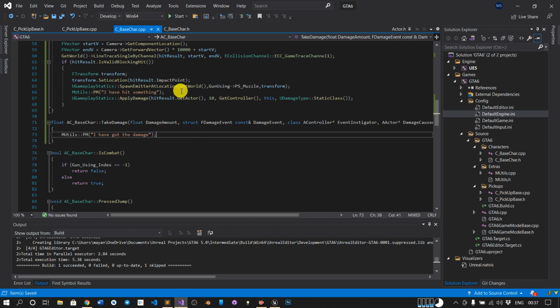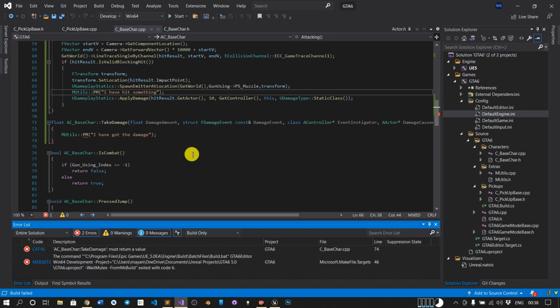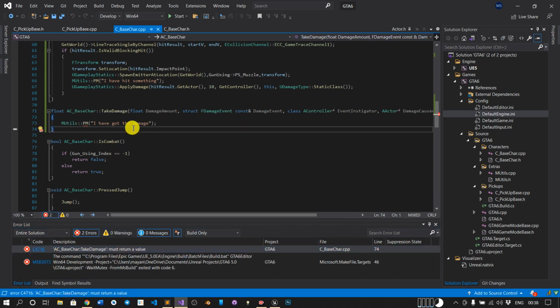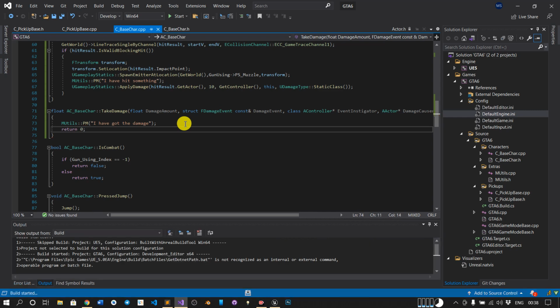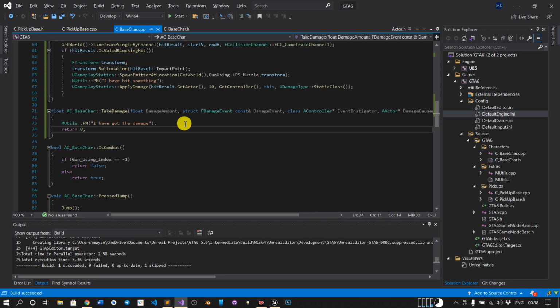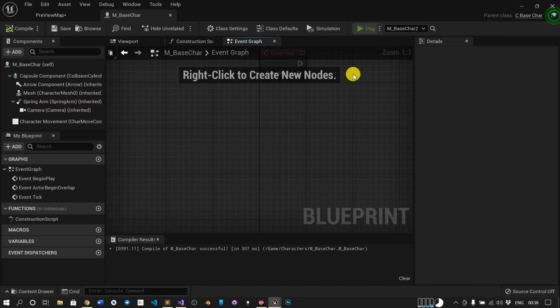So let's check if it is working fine. Control Shift B. Okay, it is saying that it must return a value and we haven't written something, so return 0 for now. Control Shift B again. So it's a success.